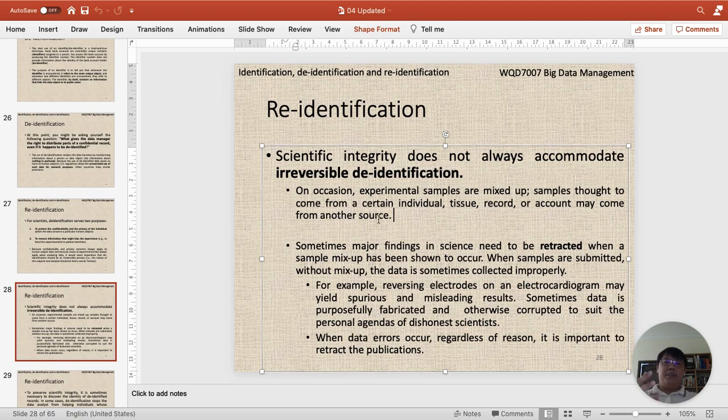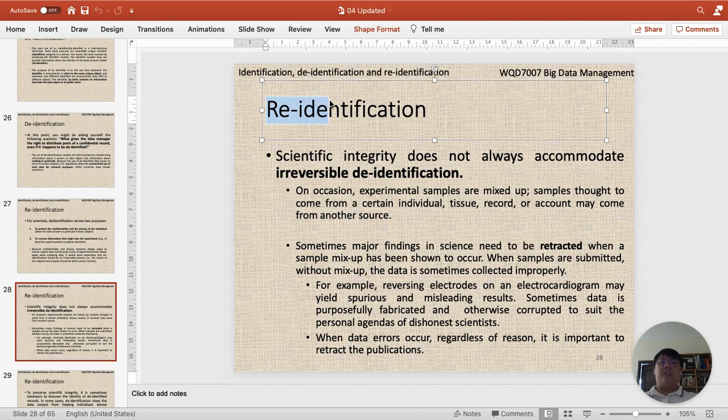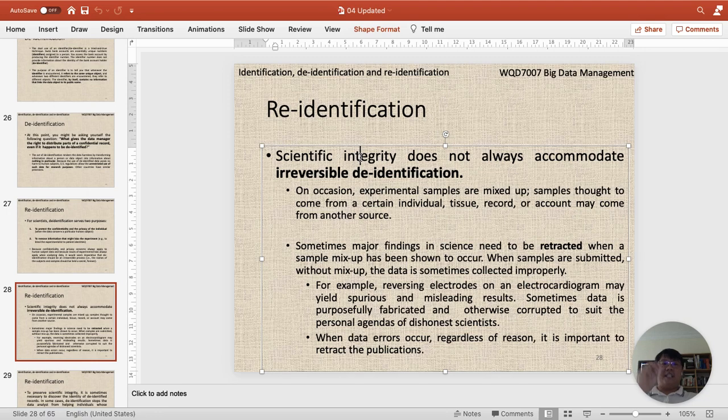you will need to have a reversible de-identification, and you need another data manager responsible for reversing this process, and responsible for judging the reason from the scientist why you want to do this re-identification process. What is your justification? When the justification is all right, the data manager will perform the re-identification process for this scientist because they want to validate the experimental samples or data that they are collecting,